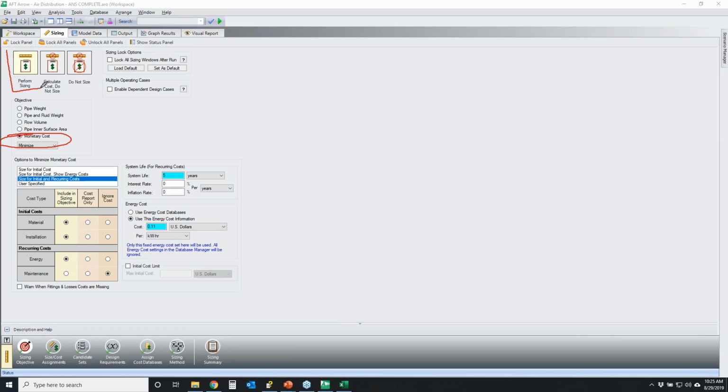That is when you choose this option right here to perform the sizing. When you choose the option to perform your sizing, it's obviously going to change your pipe sizes for you in order to meet these goals of minimizing your monetary costs, as an example. Now, what about the middle option? Why in the world would you choose calculate cost, do not size? Well, if I click on that option right here,